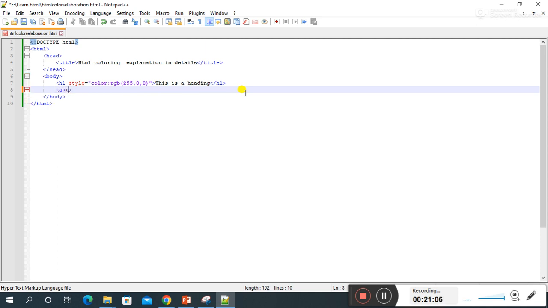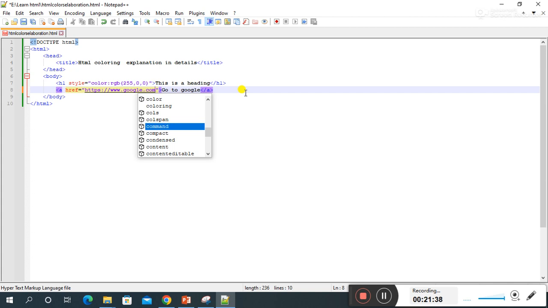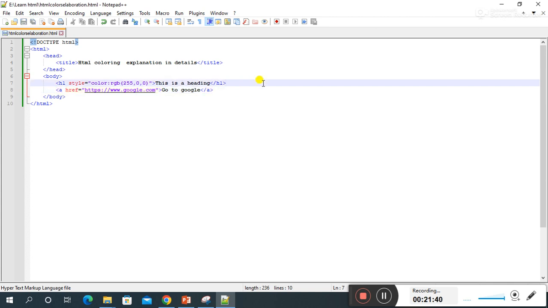I will type a tag, go to Google, and specify here href attribute. Inside double quotation I will specify the URL where I want to go, https://www.google.com, full path of google.com. Save the file by pressing Ctrl+S,